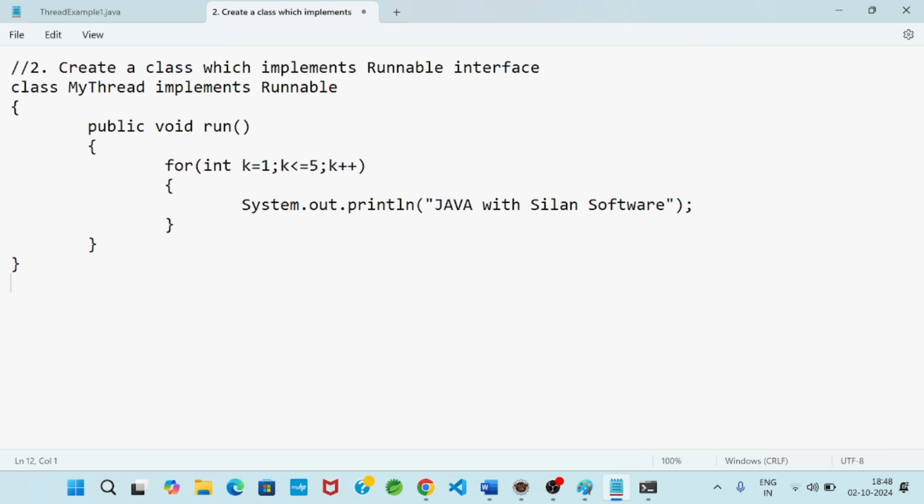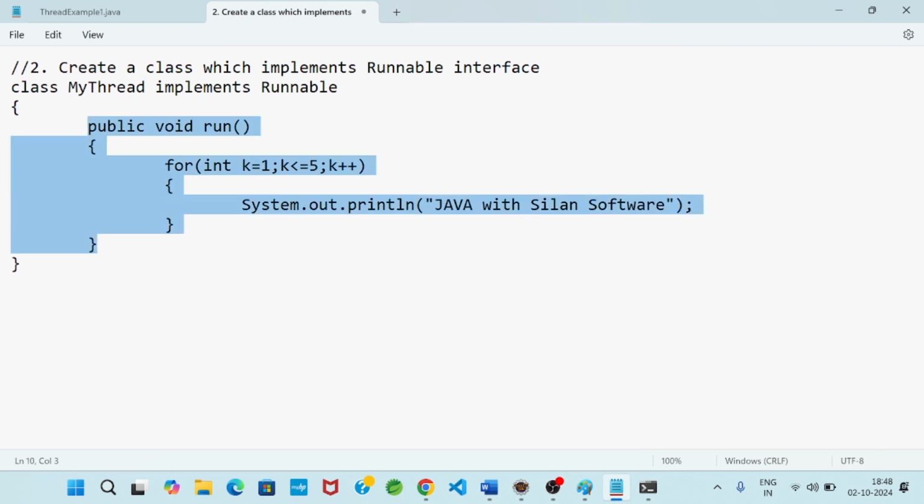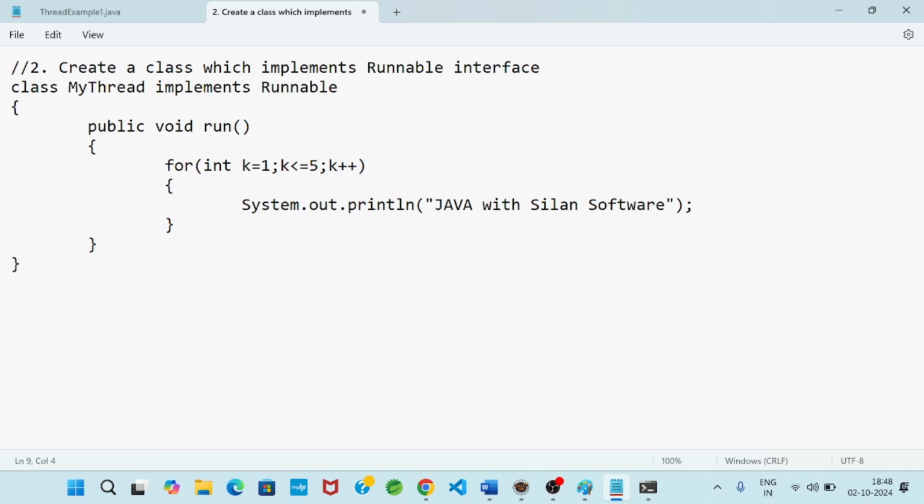This is user defined, whatever you can write; in the first approach we took A, B. The run method definition represents the task, the job. And strictly speaking, the run method is an overridden method, since run is available in the Runnable interface also.